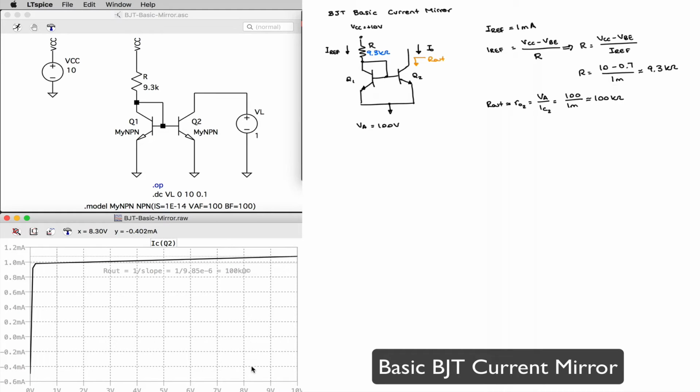All right, and that will be the output resistance for my basic current mirror. My compliance is going to be the range of loading conditions for which the current remains constant. And I can see that I am within compliance. Normally we're going to count up to the point where the output current drops by,